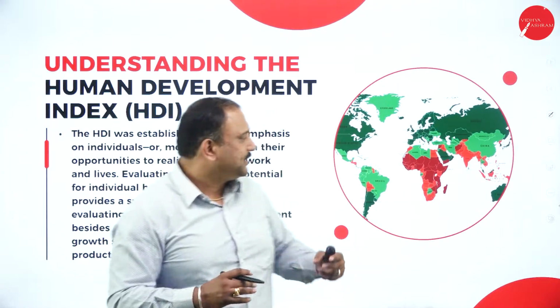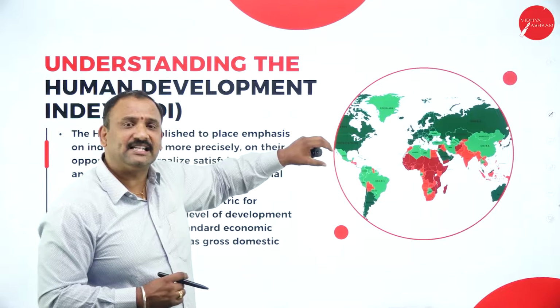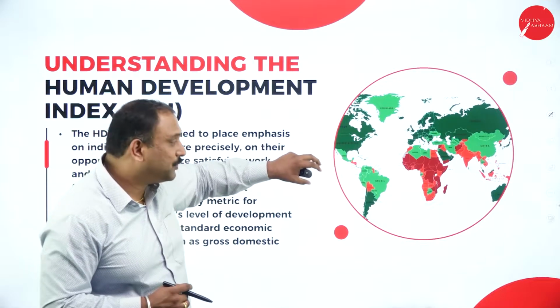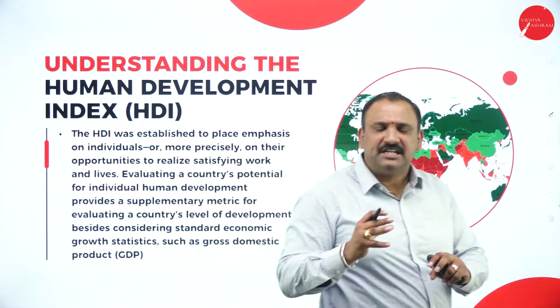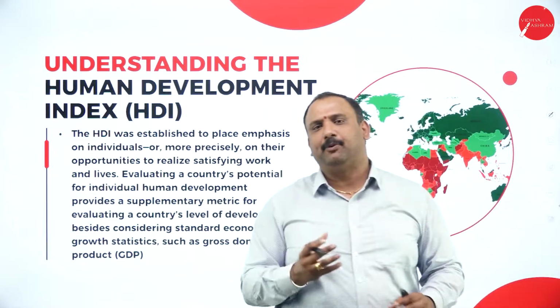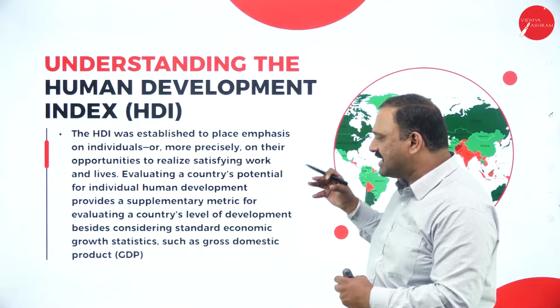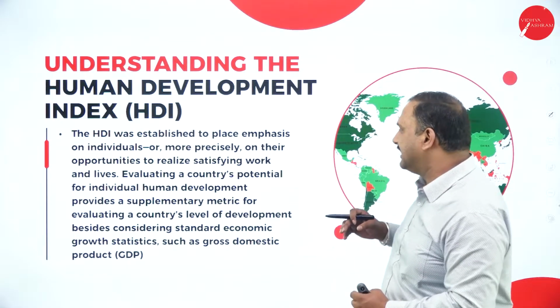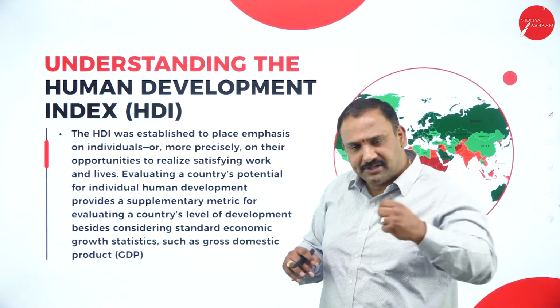Now, as you see on the world map, there are many countries marked in green and some countries marked in red. That doesn't mean that red and green are going to differentiate and put a rank altogether, but it just tells us that there is some potential evaluation that needs to be kept. Now, let's go through the slide to understand better.